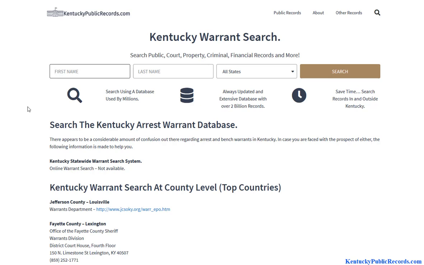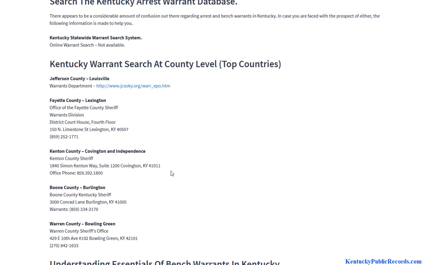Another reason is if you are looking for criminal information, people move around. So let's say they have lived in Georgia and they had a criminal past in Georgia. Now they're living in Kentucky and maybe there's nothing going on. If you are just looking at records, say at the county level or the state level in Kentucky, you're not necessarily going to see what happened in Georgia. So this gives you an opportunity to research a little bit wider and figure out previous addresses and things like that. So another great tool, in addition to your options to contact the sheriff's department,